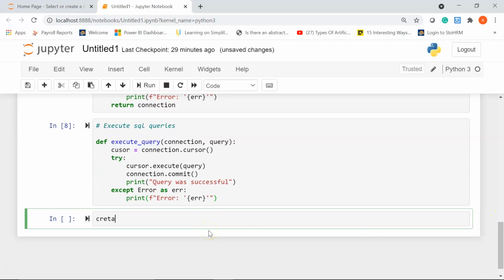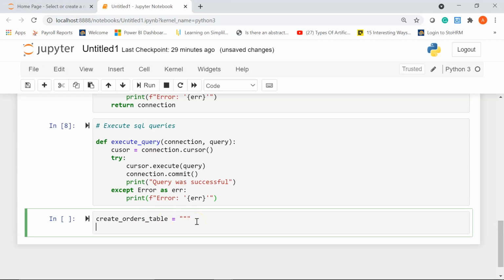I'll write my variable name, which is going to be create orders table. It is always recommended to use relevant variable names to make it more readable. And now I'm going to use triple quotes. So the triple quote will ensure I can create my multi-line string.